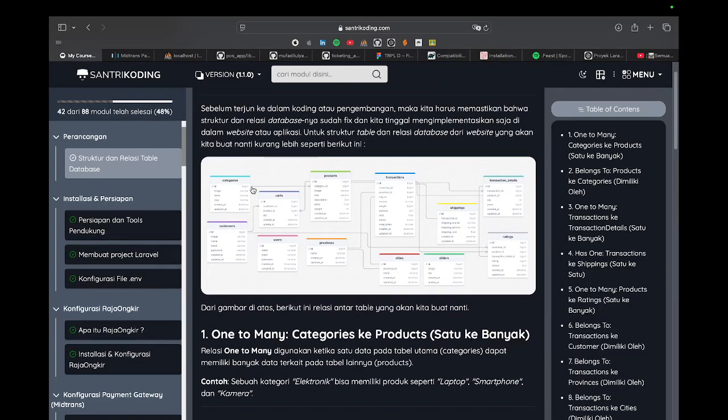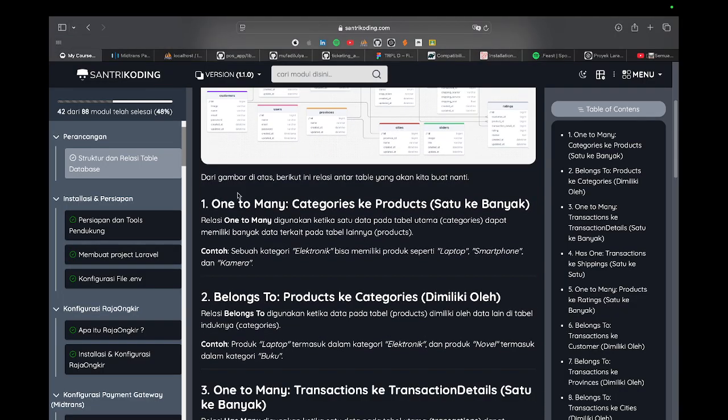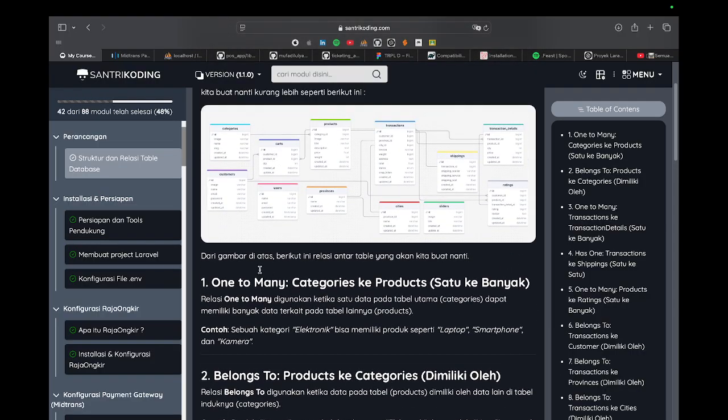The ERD is like this: categories one to many to product, product is one to many to carts, and carts many to one to product. And this is the detail of the ERD: one to many from categories to product.